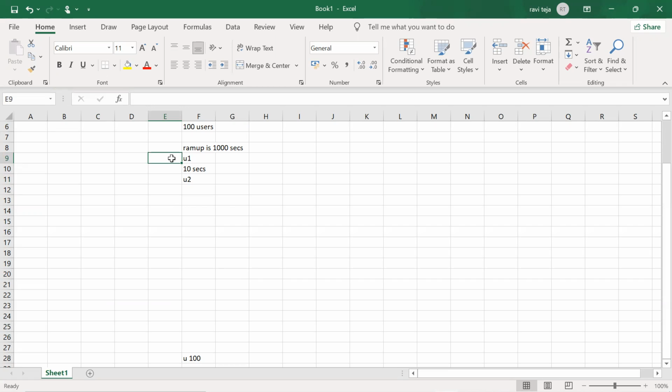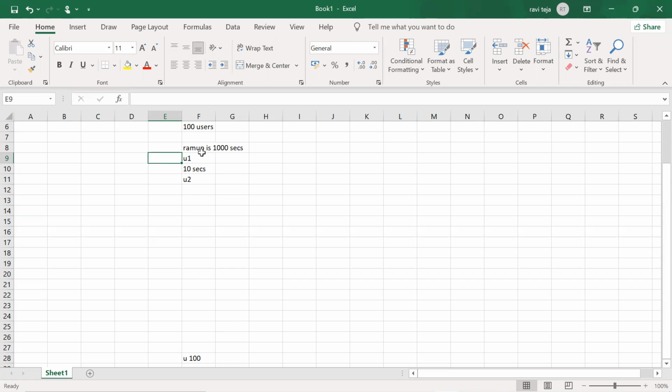Even though these 100 users are not required at this time and there's a lot of time, JMeter is blocking the memory for these 100 users. If you're running on a low configuration machine, the memory already got blocked for these 100 users, and to run the script there would be no memory. At that time, JMeter will hang or you will get errors. That's not required, right? Here we have a chance.